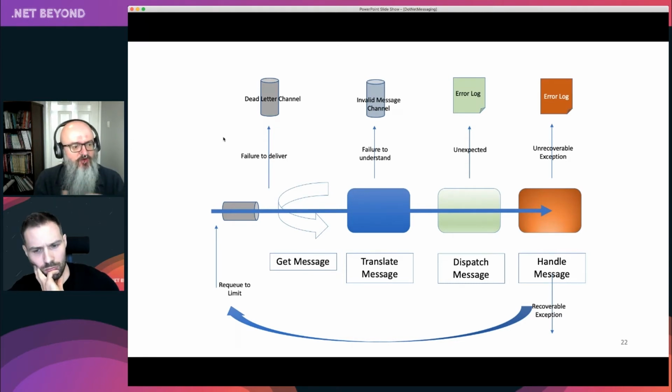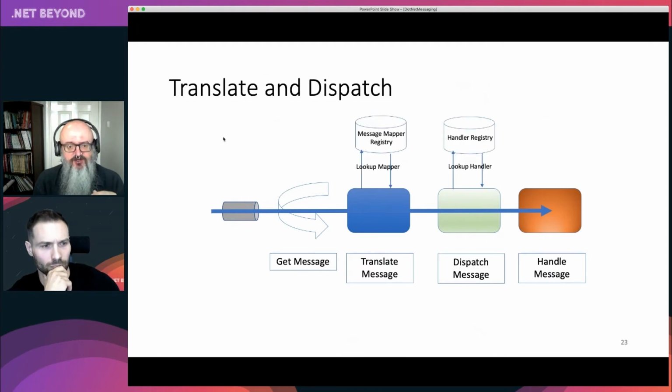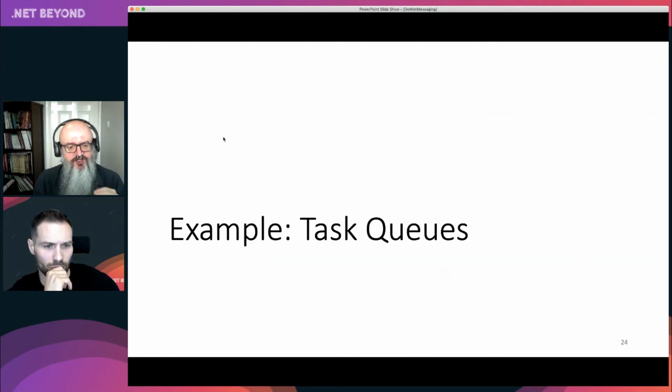Be aware, typically what happens to avoid what we call a poison pill message, a message that we really can't process even though we think we can, is that we set a limit on the number of requeues, and then we put something into a dead letter queue saying we can never deliver that. We're worried it's poisoned. So writing this kind of message pump is a key part of what you do in messaging. All right. I'll move over that one in a second.